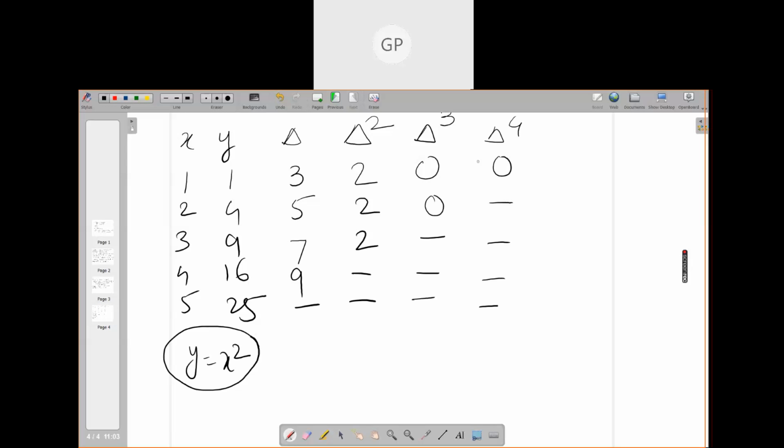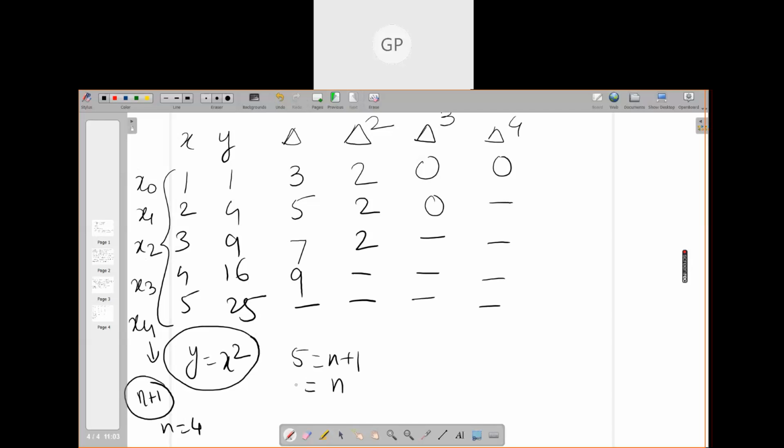So what do you observe here? You have how many values here? Why do we call it n plus 1? I will tell you. This is x1, this is x2, this is x3 and this is x4. So x4, I say, this is my n plus 1 values. My n is 4 here. I have actually how many values? 5 values. So 5, I call n plus 1 values. So what is n? N is 4. You understand that? Yes, ma'am.